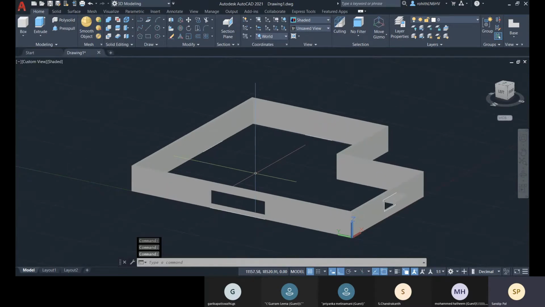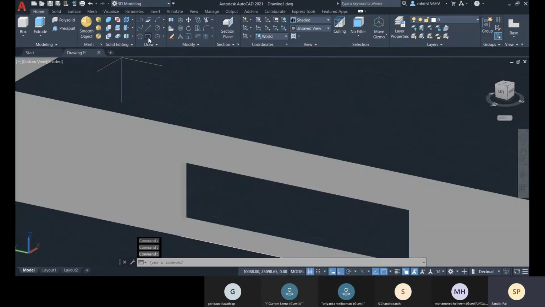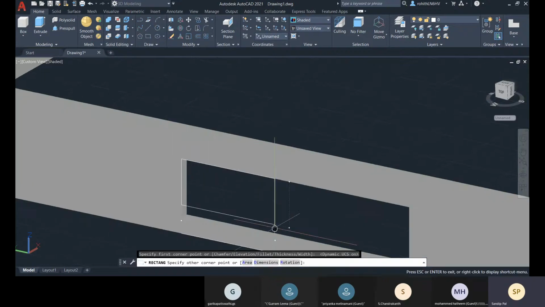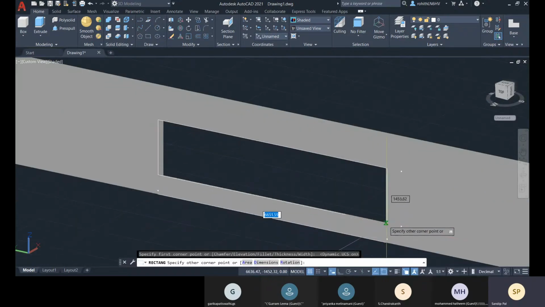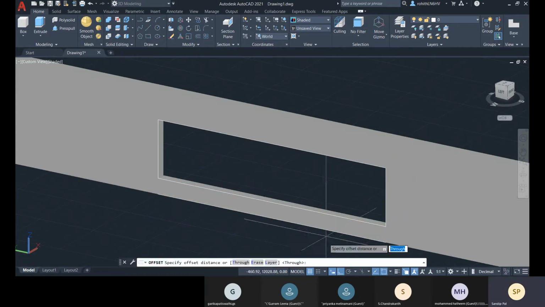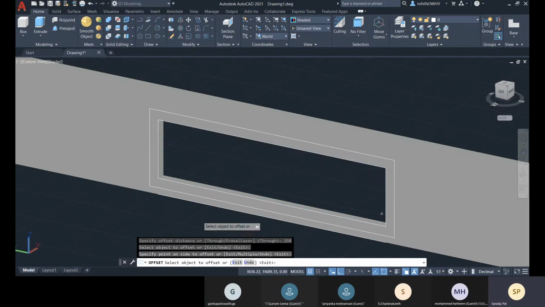Okay. And then you can create. So like you can go for dynamic UCS F6. So make sure this surface is highlighted, and then you are creating the drawing, and then you can go for offset. Like the offset is 250. Let me go with that. Select the polyline, and there you have.